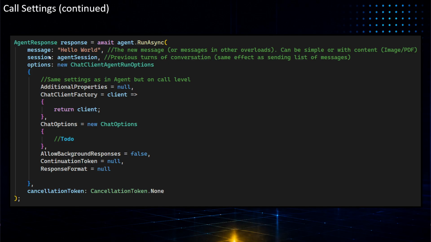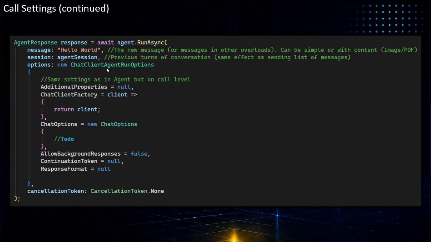So you can either use the agent session, which is the chat history, or you can just send the entire conversation as a list of messages. Then the user said this, then the agent said this, then the user said this. So you don't need to use sessions in order to have a continued conversation, but it is possible.